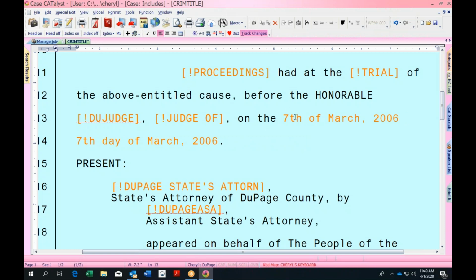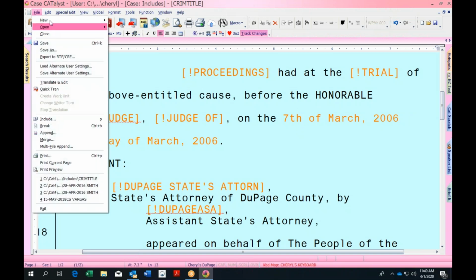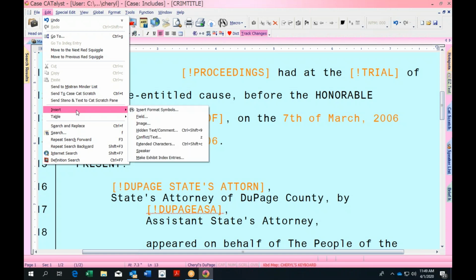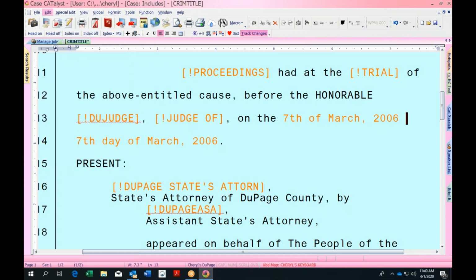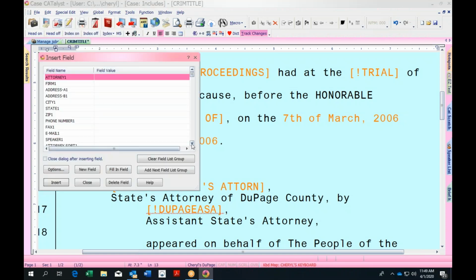But the reason it's saying the 7th day of March of 2006 is because that is the day that I made this include. Well, because it's in orange and it has that command in it of that field creation of the creation date, it changes it on your title page to automatically do that. Did I explain that okay,